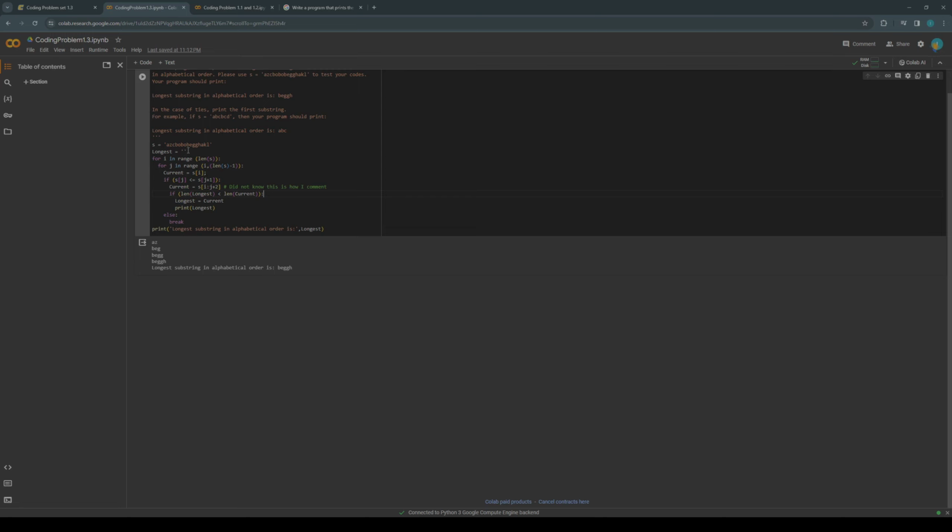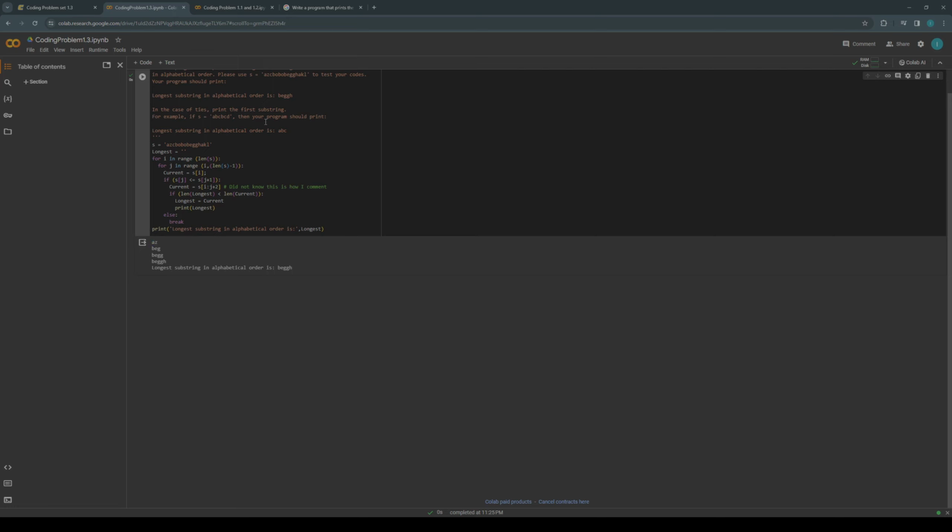And obviously here, the length of current is going to be longer than the length of longest when we first initialize it. And just to check this, I have this print statement right here to print out every time that longest changes. So if you go ahead and look at what our output is, it goes from AZ to